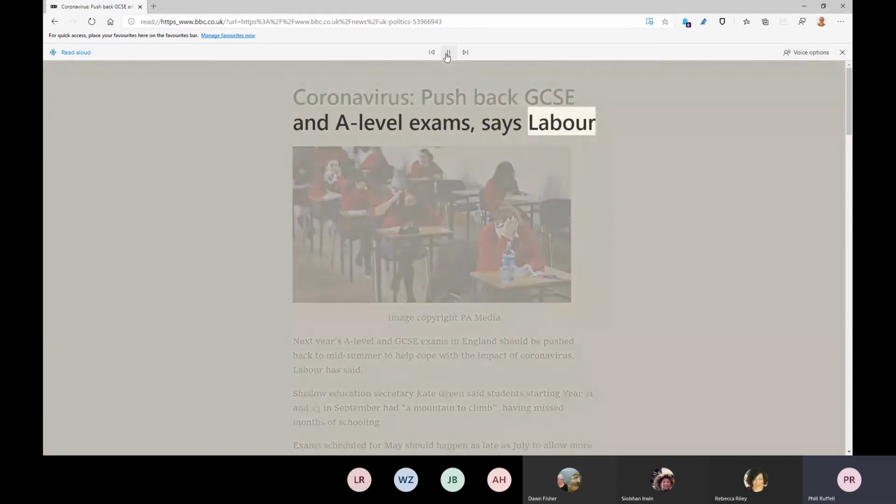So you might have Image copyright PA Media. You might have someone reading. Next year's A-level and GCSE exams in England should be pushed back to midsummer to help cope with the impact